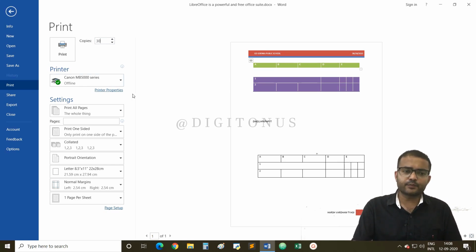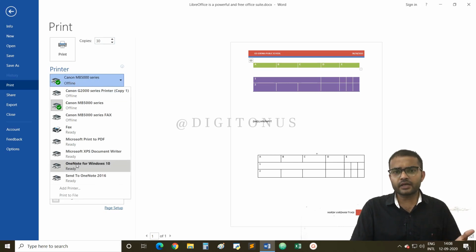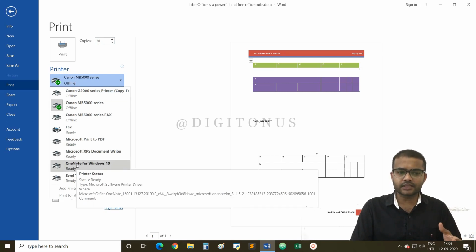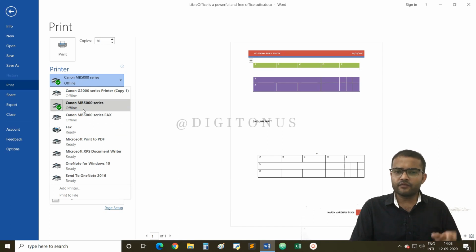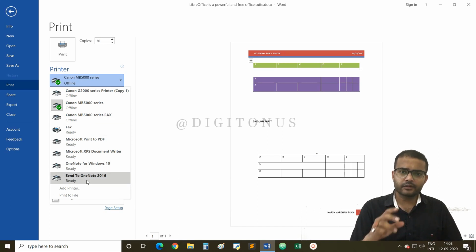Okay. Next is printer. Printer means whatever printer, whatever hardware device, is installed on your computer, all of it will show here. जितने भी printer आपके system पे install होंगे, all of them will be shown. And you can see that there is a printer in the list which has a green circle with a tick mark.